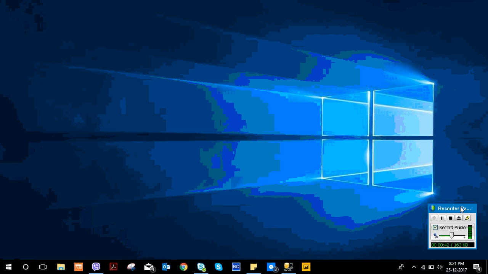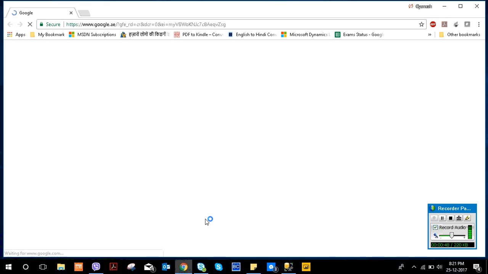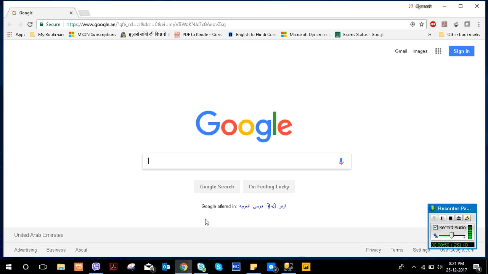So first of all, I will go to my web browser. Now remember one thing: if you want to work with SQL Azure, you need an Azure account, because unless you have an Azure account, you won't be able to access portal.azure.com.